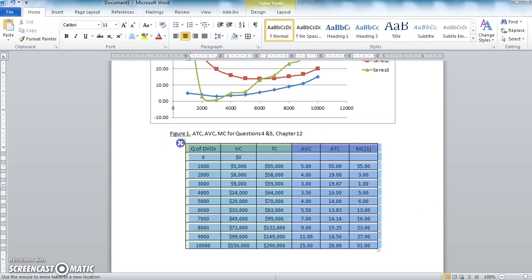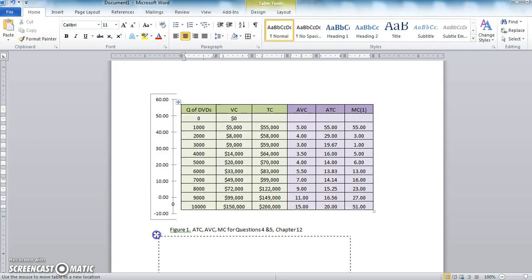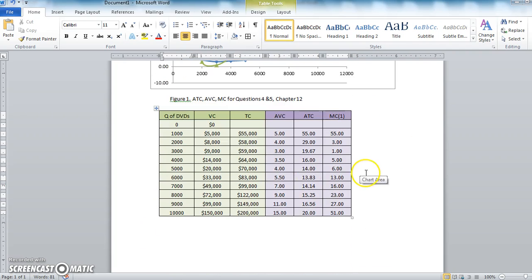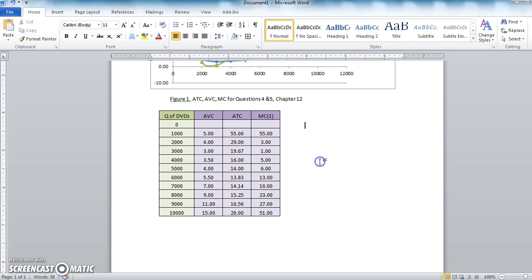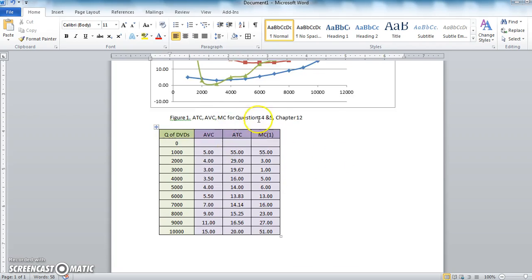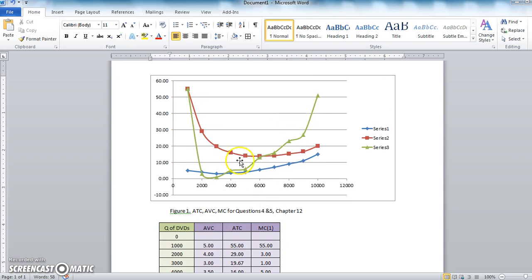So if you happen to just want the AVC, ATC, and marginal cost corresponding to figure 1, then you can delete these, and then you have your table, just the quantity of output and the AVC, ATC, and marginal cost, the values used in the creation of